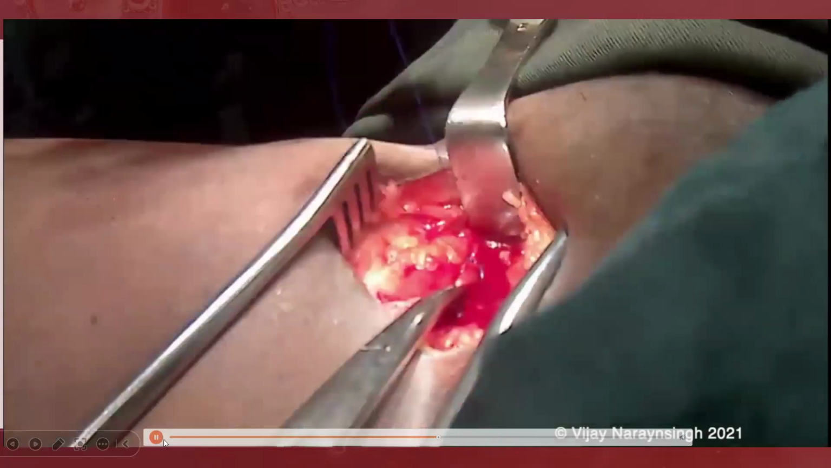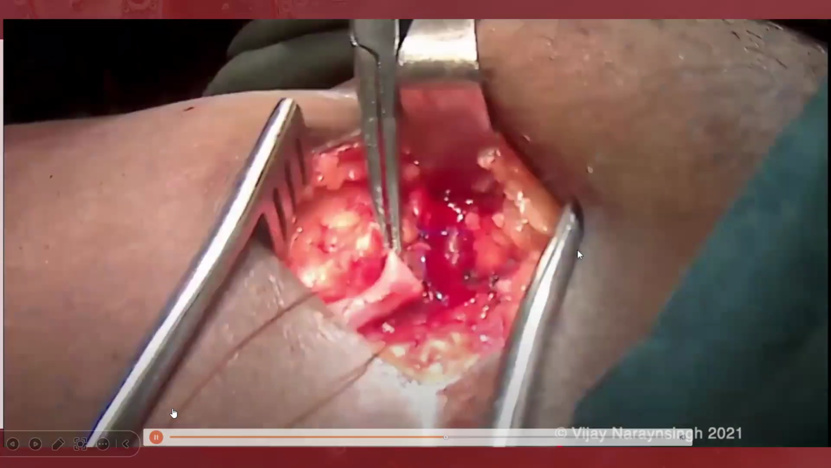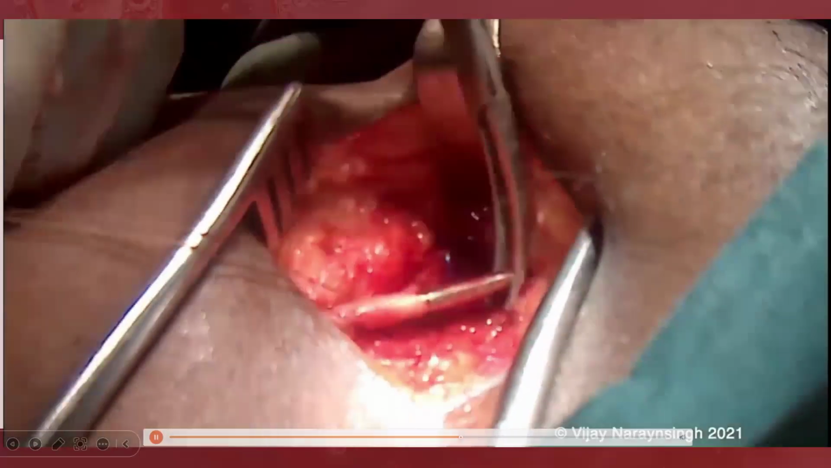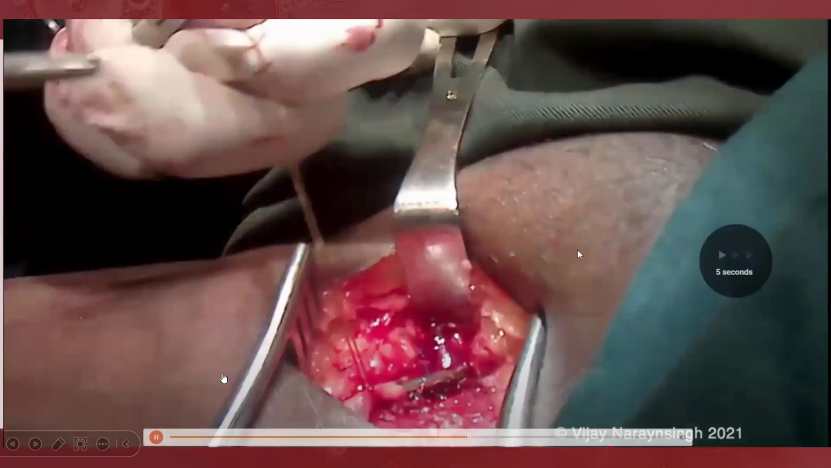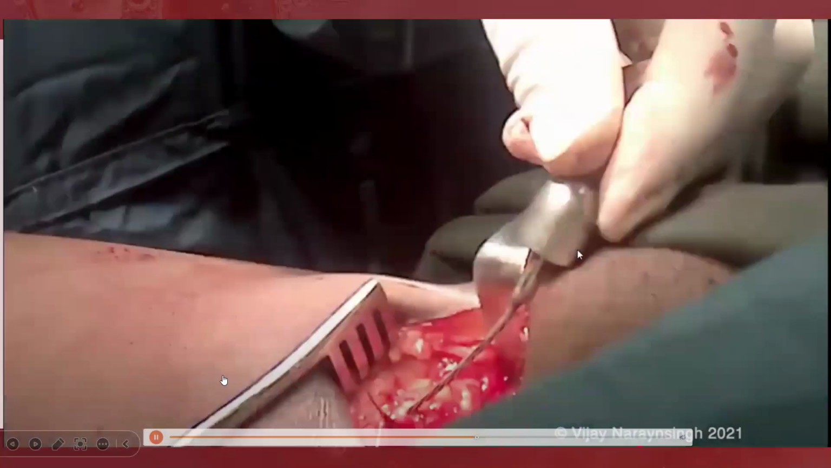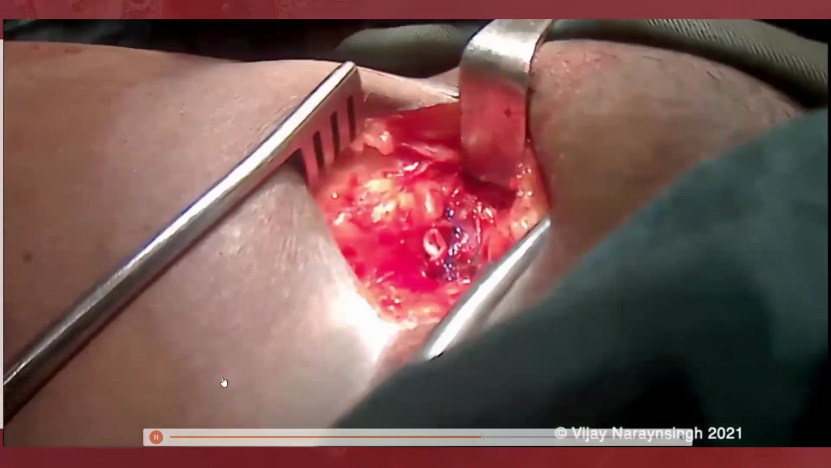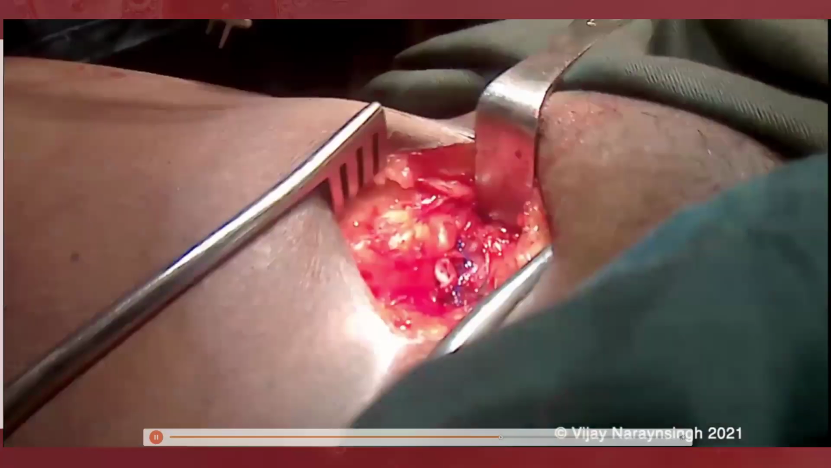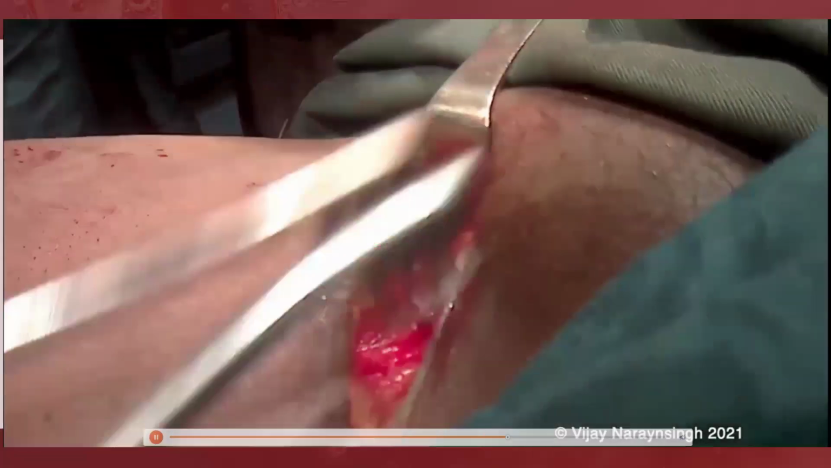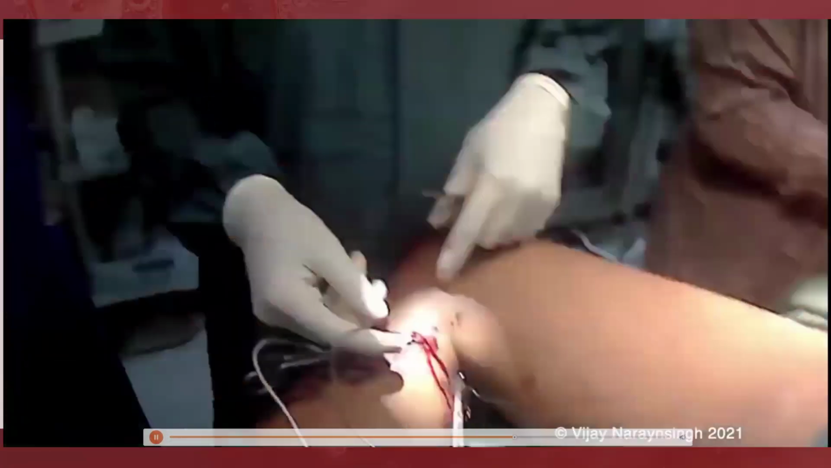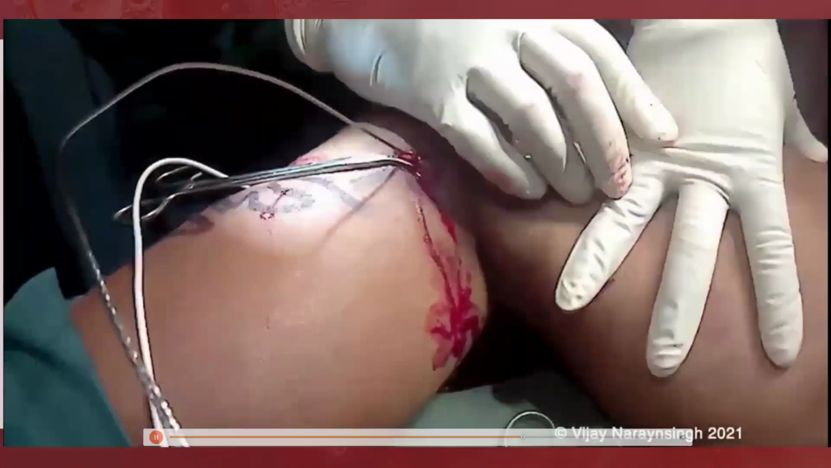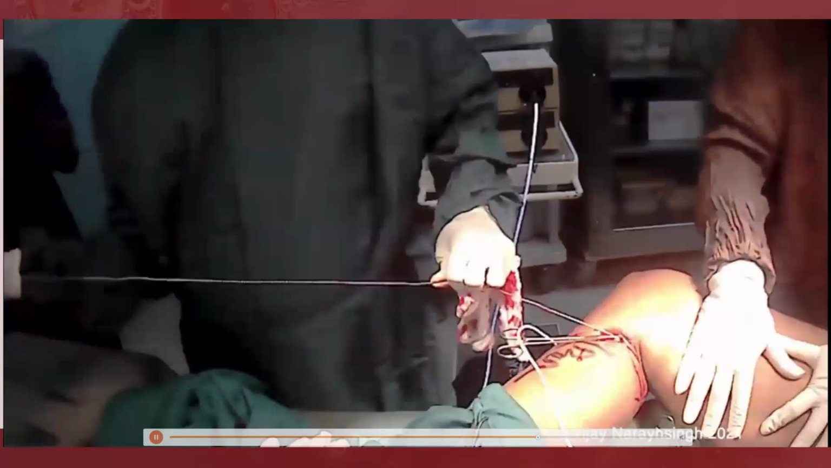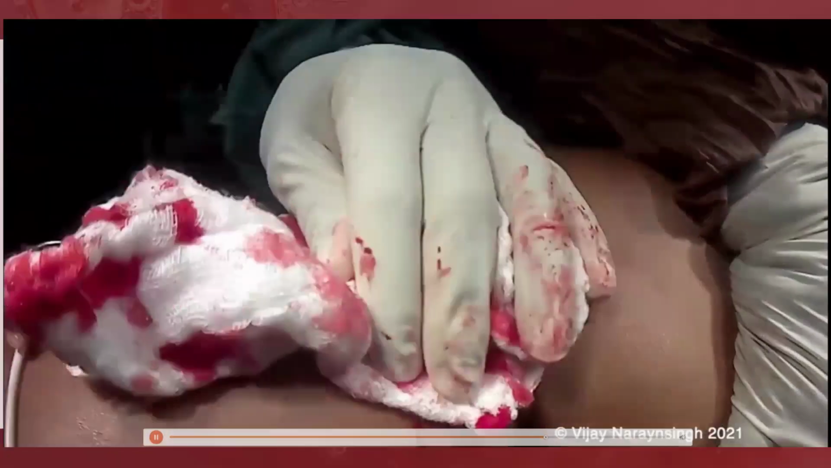Then after isolating the great saphenous vein, we have to make sure that we are ligating all the tributaries, which are the anterior and posterior circumflex vein of the thigh, the posterior and anterior accessory vein of the thigh, and then once it is isolated, we then pass the